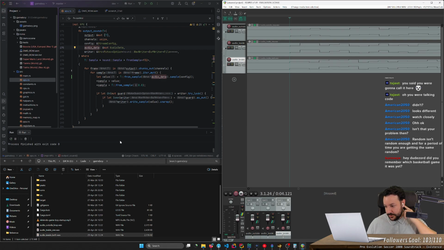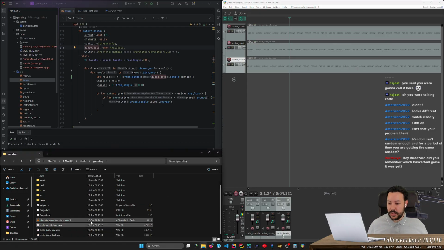Random isn't random enough, and for a period of time you're getting the same random. Nah. If I'm calling random a million times a second, which is what's happening, I should see spikes. Like all of these thick columns, they should be very thin. They should be incredibly spiky, you know?